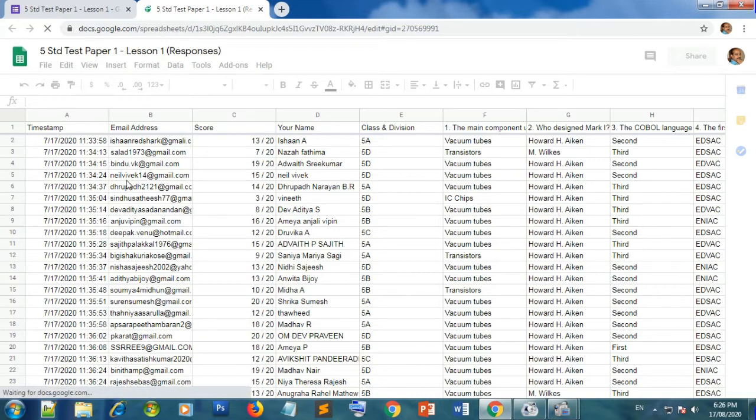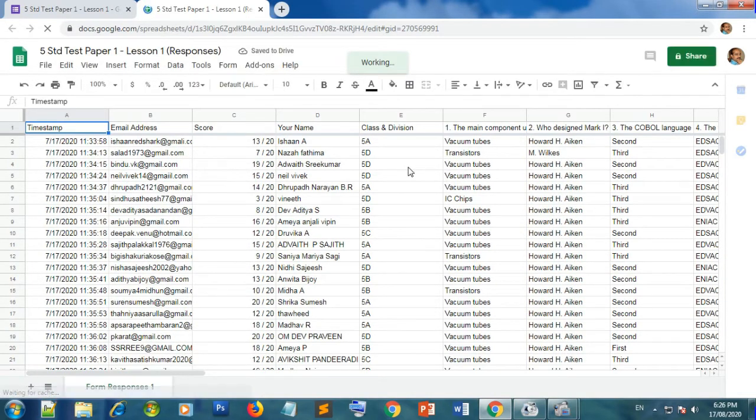Then you can see all the details, like at what time they submitted, their email address, their score, the name they typed, their class and division, and each question 1, 2, 3 etc., and what answer each student gave.